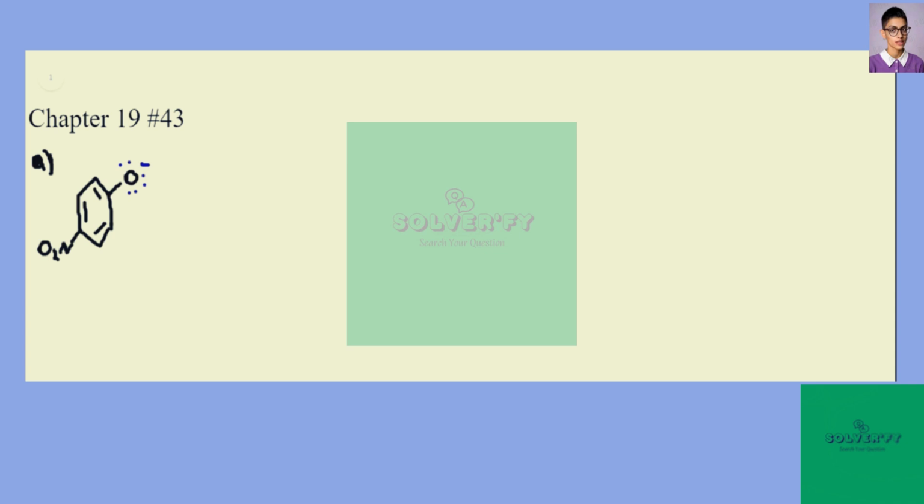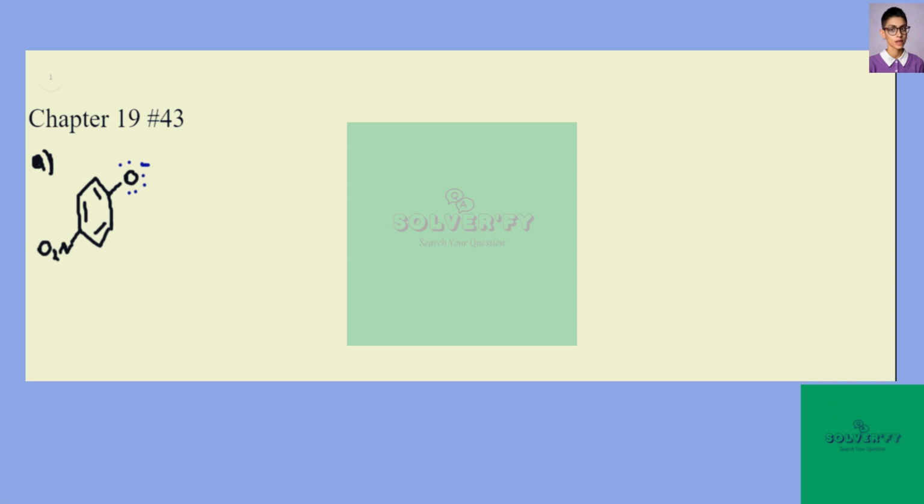This is the answer to Chapter 19, problem number 43 from the Smith Organic Chemistry textbook. And this problem has two parts. In part A, we're asked to explain why para-nitrophenol has a lower pKa and is therefore a stronger acid than phenol. And in part B, we're asked to compare